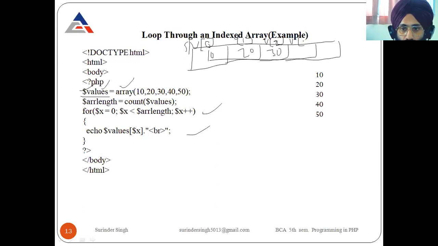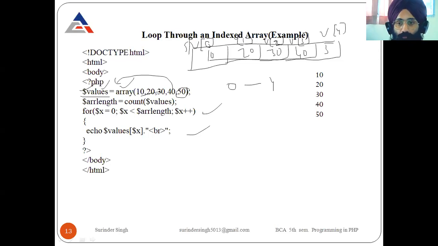Values 3, the fourth element, has 40. At last we have index value 4, because the total number of elements is 5 and we start from 0. At the fourth index it has 50.